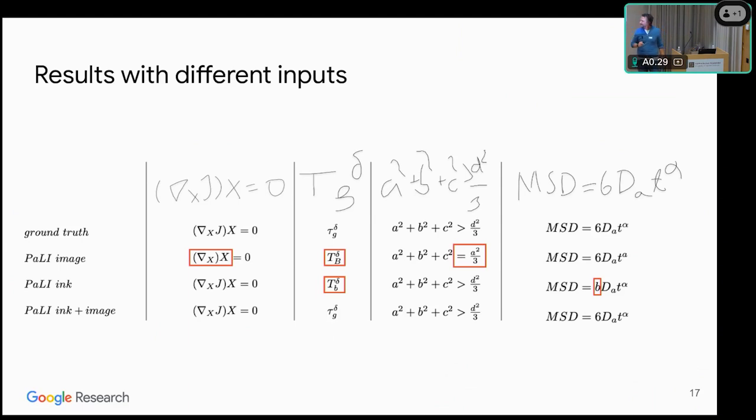And interestingly, using both yields the best results, which means likely each one of those representations that we designed to turn the ink into an image or to turn the ink into text is losing something. And when we throw the two together, that's when the model can really perform at its best because it's retaining most of the information.